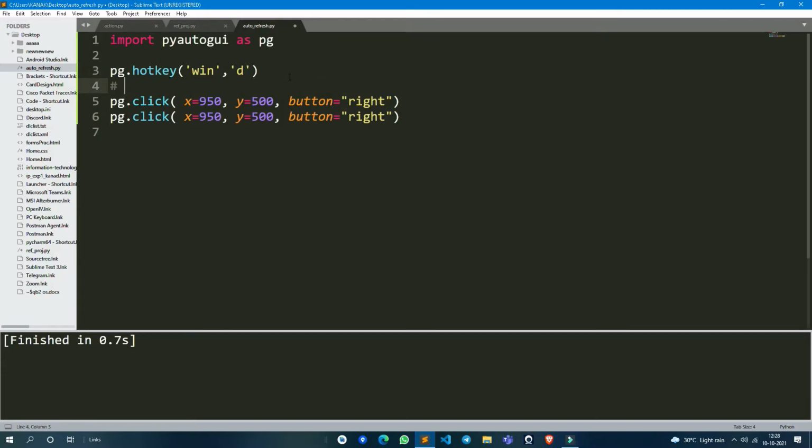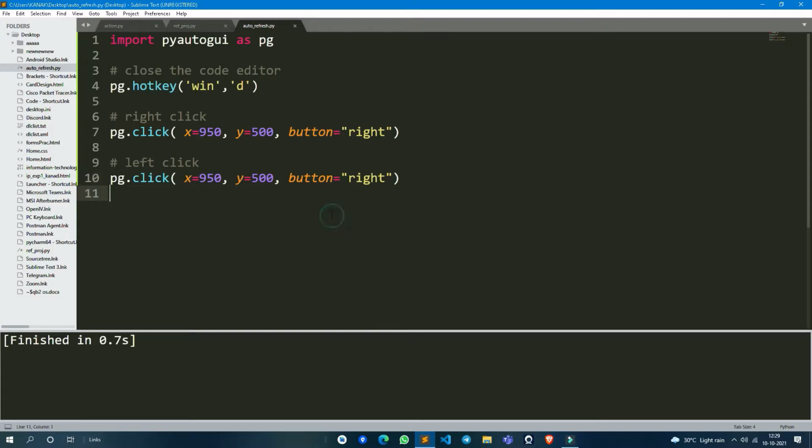Okay, I'm commenting first. We want the left click, so you know by default the script clicks with the left click, and we were explicitly telling it to click the right mouse button, but its default is left click, so we don't want that button equal to right, because the default click is left. So we will change the coordinates for the left click. I am running the script.